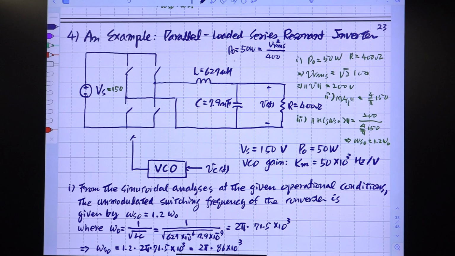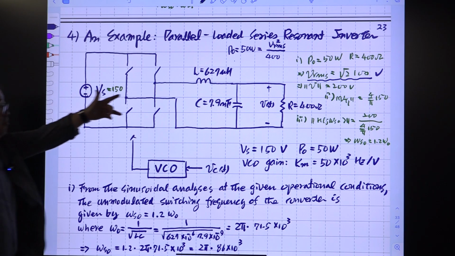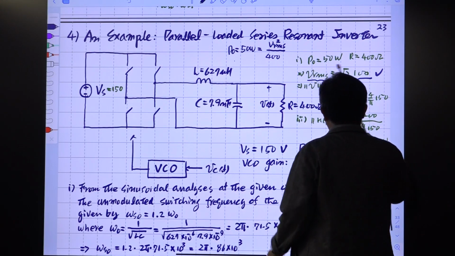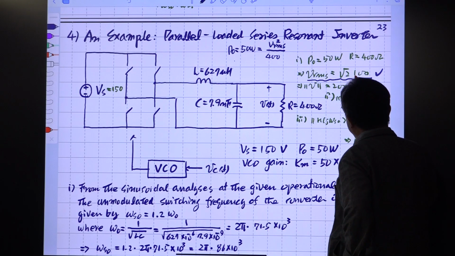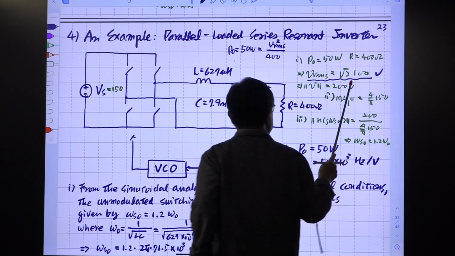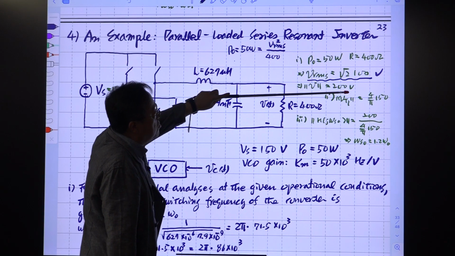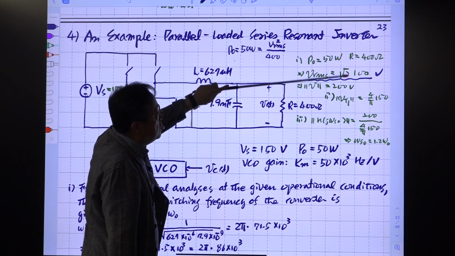Okay, then you will have this. All right. So VRMS, the output voltage at this output, this sinusoidal waveform has this RMS value. So with this, the magnitude of this is 200. So this is the RMS value.